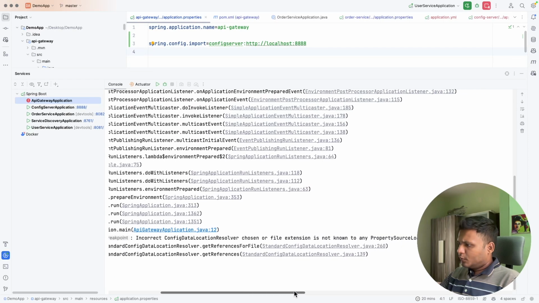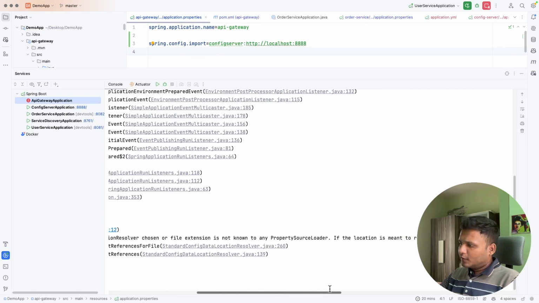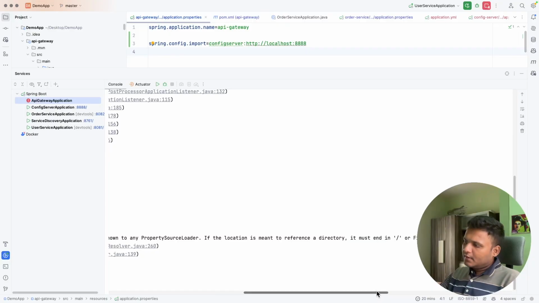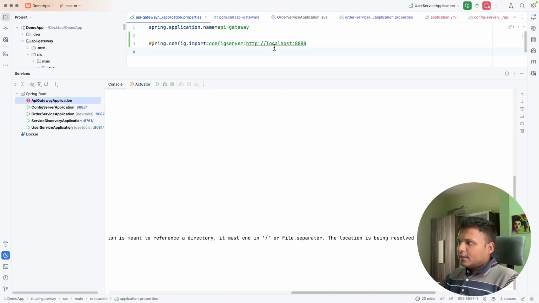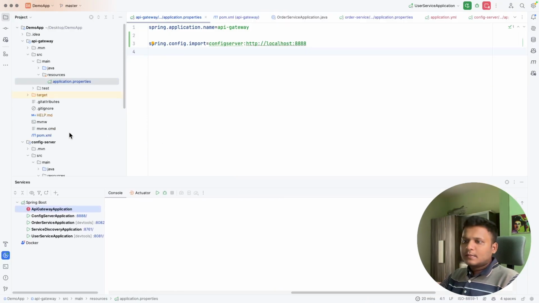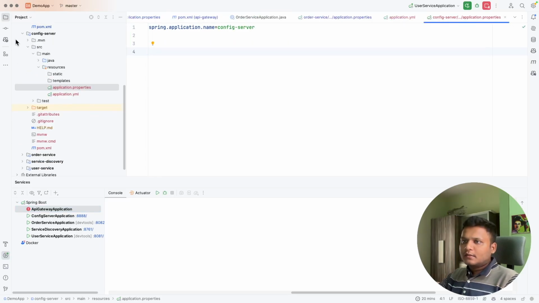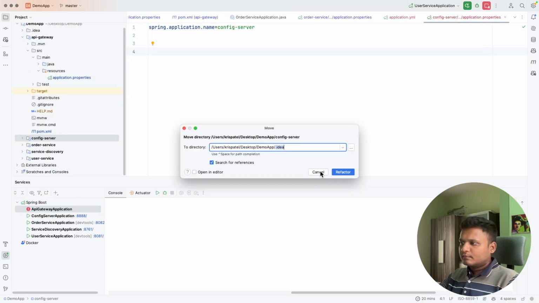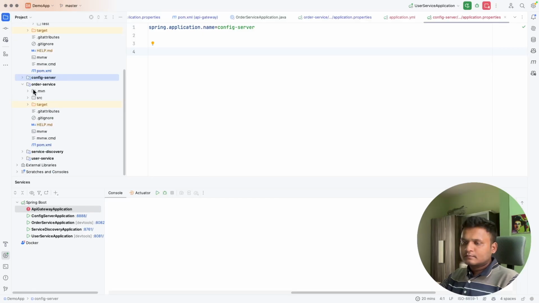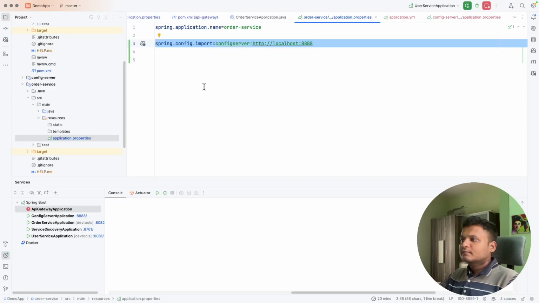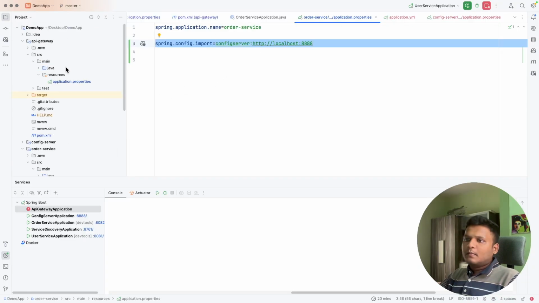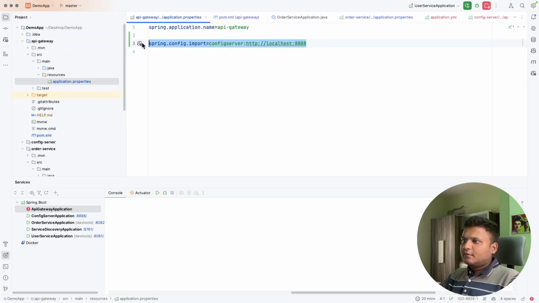It's not known to any property source loader if the location is meant to reference a directory. Okay, I mean that's what we have done in other. And that is also coming as well. Maybe